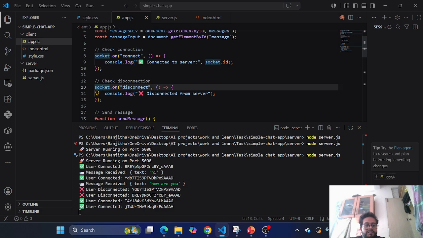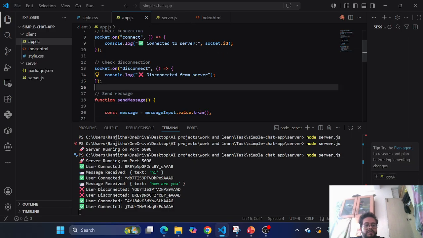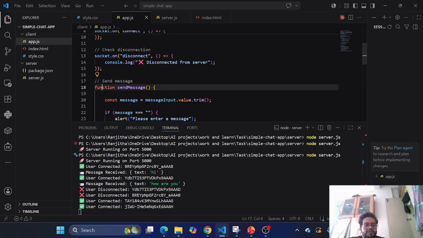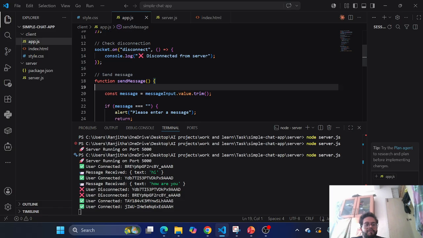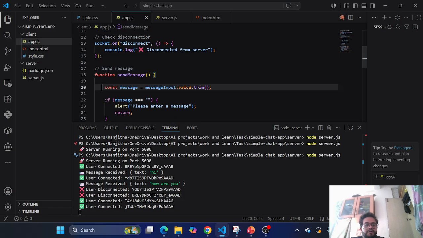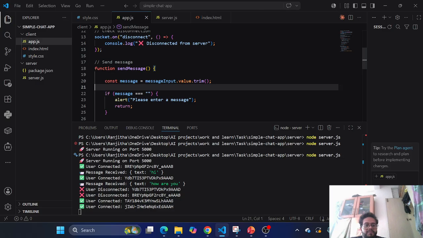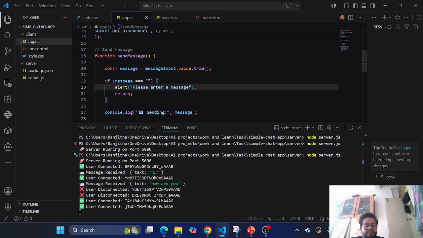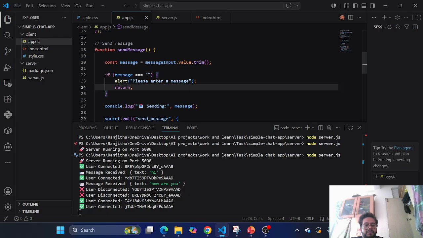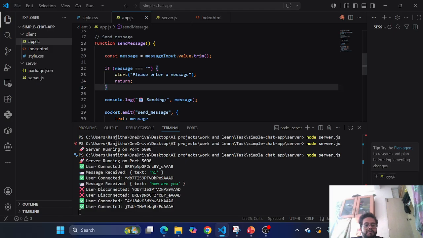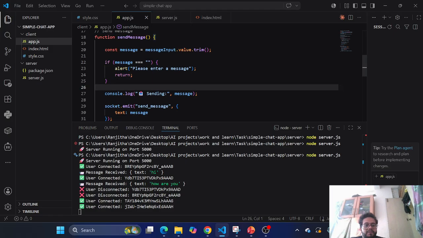Once it is disconnected, the console log says disconnected from the server, and this function will send the message, and if there is no message, it says please enter your message, and this will return. This console log will give the sending icon and message, and once the message has been sent,